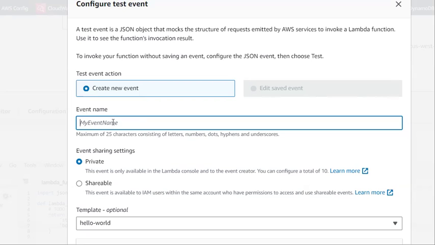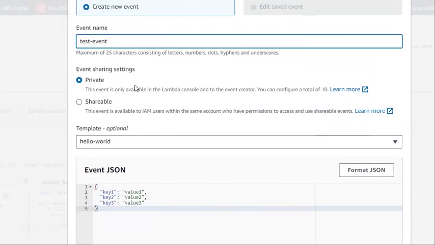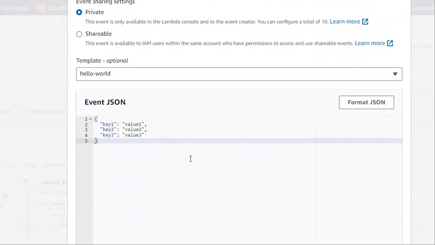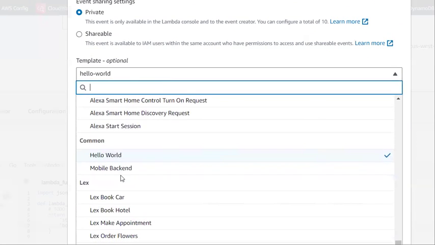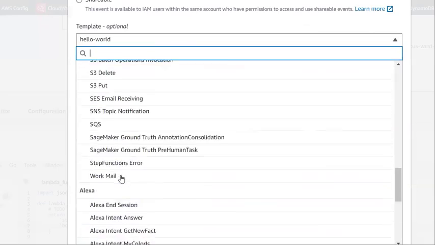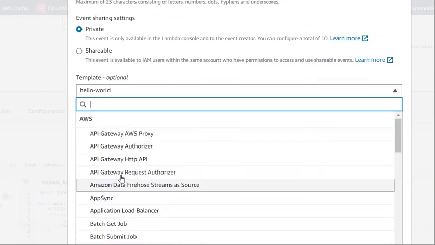Now I'm just manually configuring some event. So let's say this is my test event. I'm just providing the event name as test event and just provided some code in it, that is some JSON script in it. For the templates, you have multiple templates which are already available to test